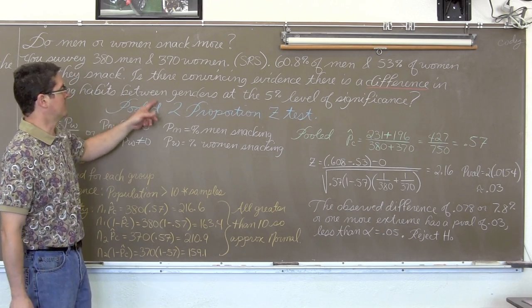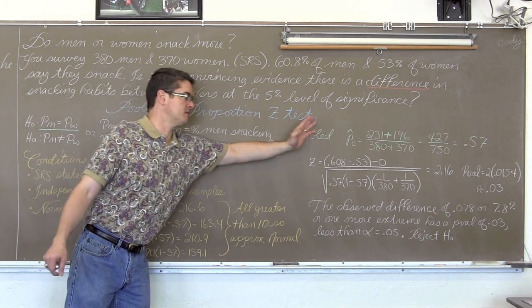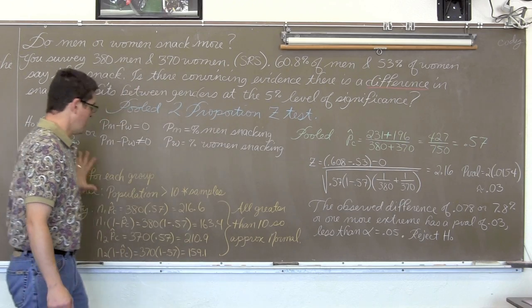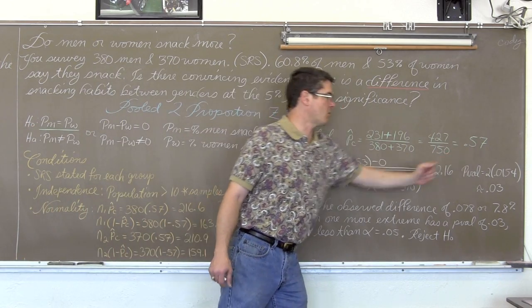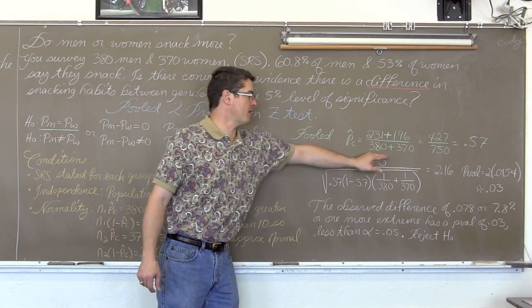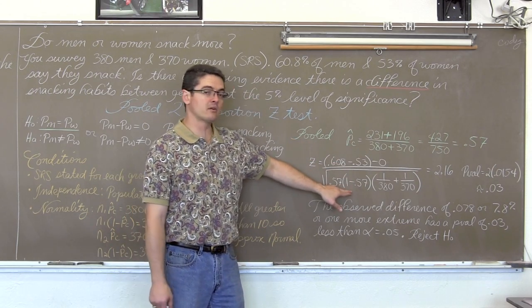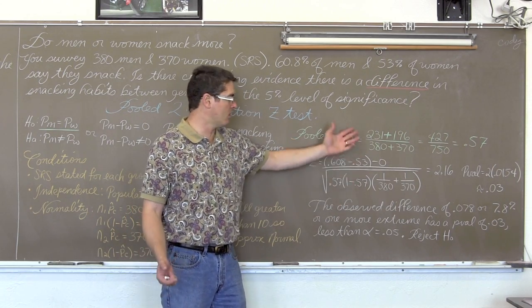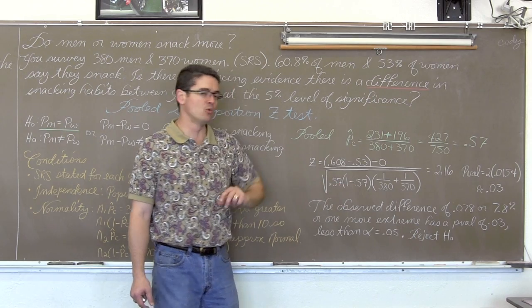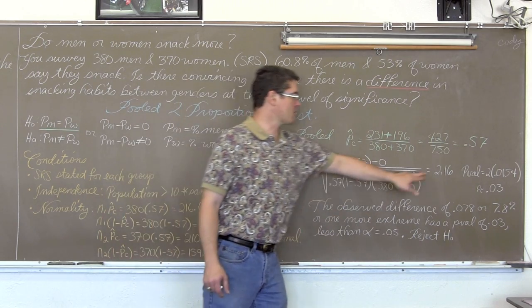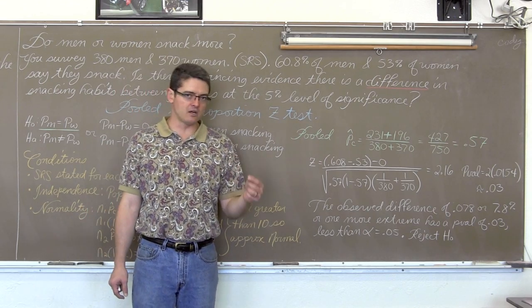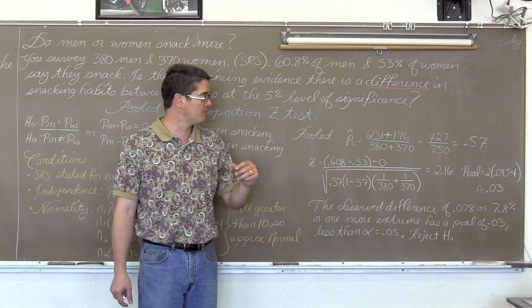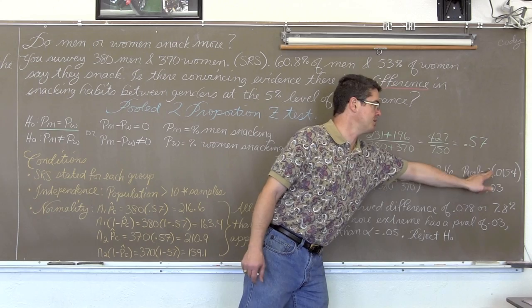So I've done my statement, I've done my hypothesis, I've defined my variable and done my pooled proportion. I've done my checks now. So finally, I can set up my z-score work: estimate minus parameter over the standard deviation, or standard error of the estimate, coming from the pooled proportion. We get a z-score value of 2.16, so we are 2.16 standard deviations above the mean of 0. Our p-value is 2 times